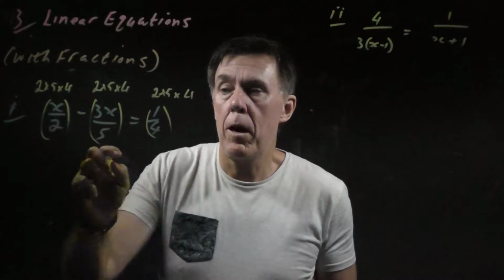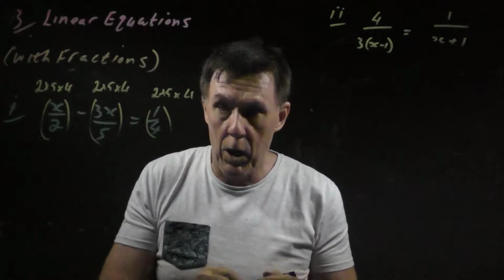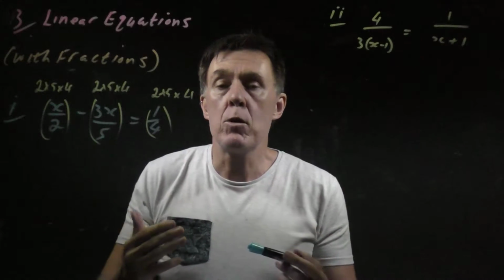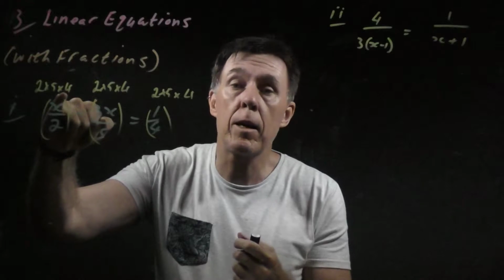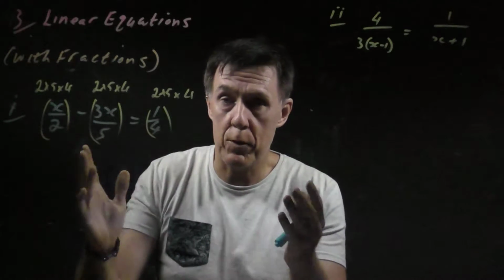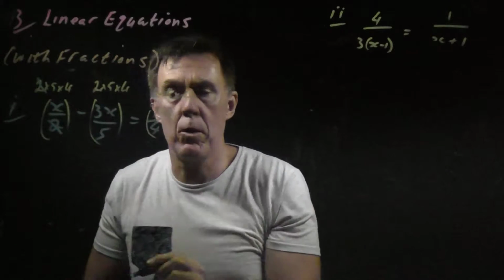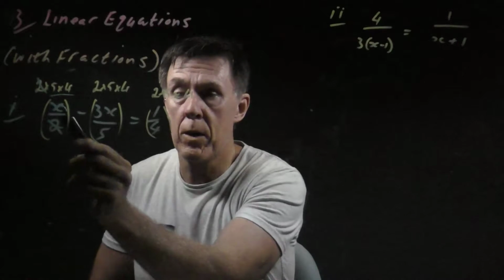Now, I've taken each term and multiplied it by each one of the denominators. What we're going to do is a bit of cancelling out. You can cancel when everything is multiplied top and bottom. Anything on the top of a fraction can cancel anything on the bottom of the fraction, if it's all times together. So this divide by 2 can cancel out this multiply by 2. So I'm now left with 5 times 4, which is 20, times that x,